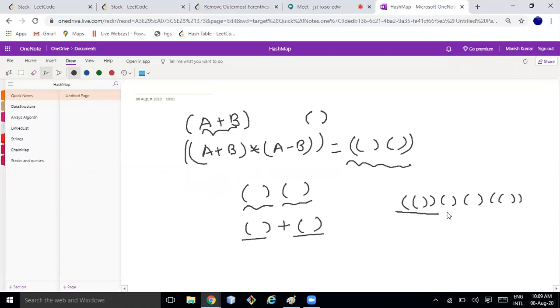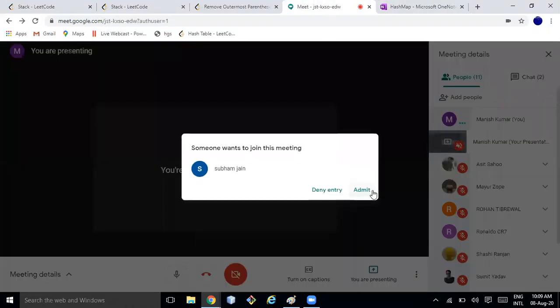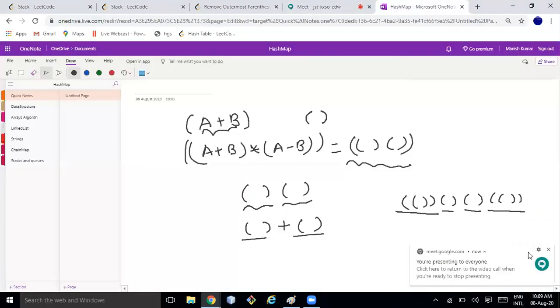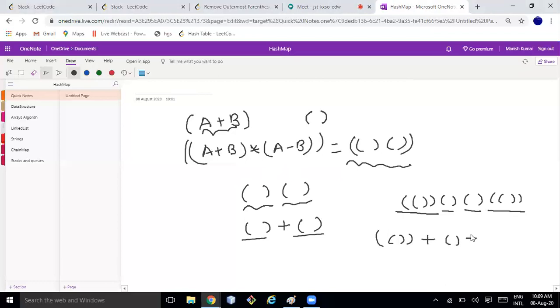So here is one part, here is another part, here is another part, here is another part. Okay, so the first step would be I need to partition this string into atomic or primitive parenthesis strings. So we can partition it something like this, plus this, plus this, plus something like this.